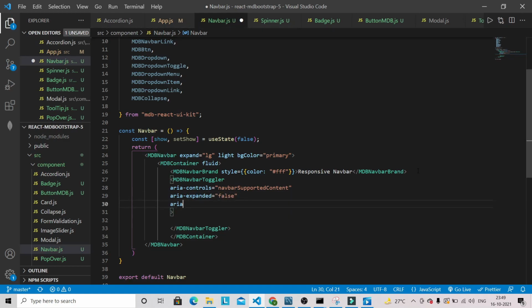Then aria-label, this will be like toggle navigation, and we have to provide one onClick method.